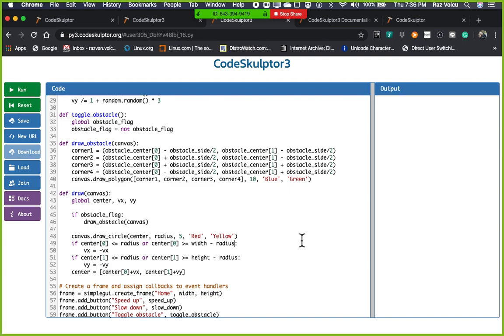So we have several ways of touching the obstacle, right? So let's say we are at the left of the obstacle, right? So we're going to say or here, and we're saying that center 0, right, which is the x-axis, is less than or equal, or sorry, greater than or equal to